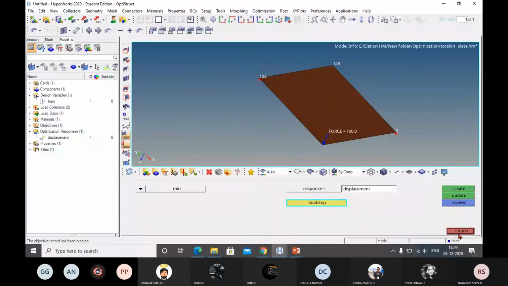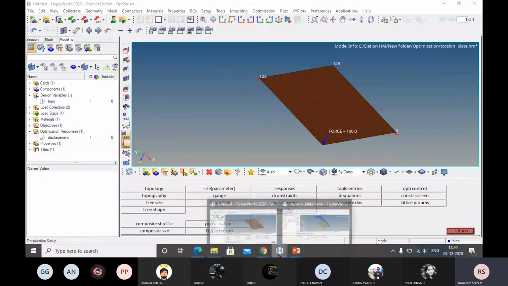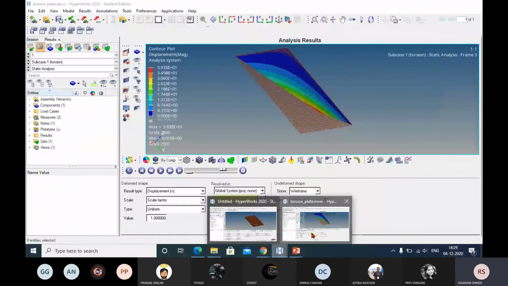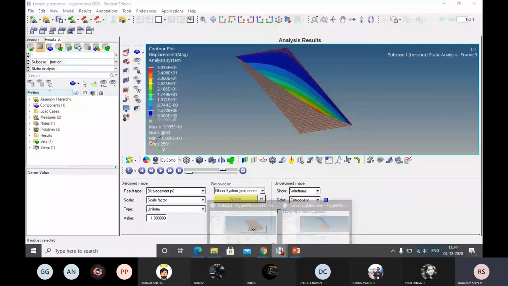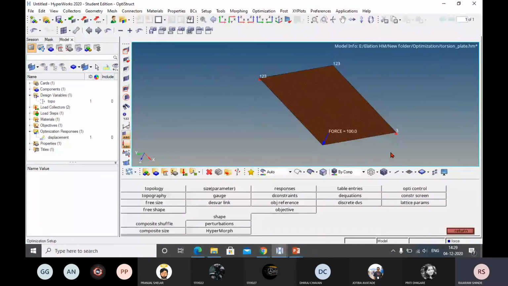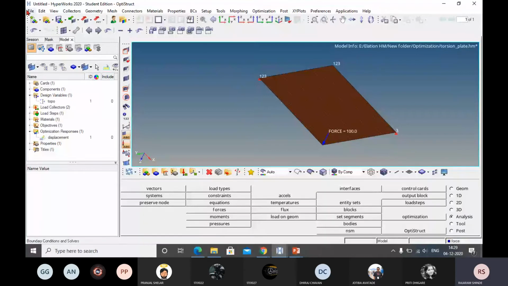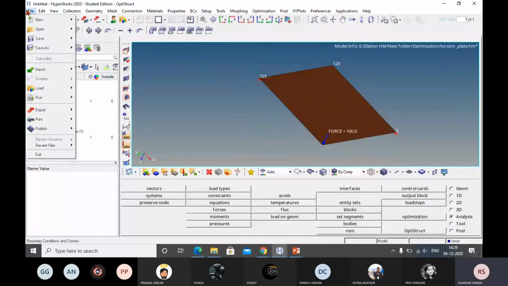Now we have created the objective. This solution is the baseline solution. Now this is after optimization, and if you have a problem after optimization, then you have to go for changing some parameters again. That means we should make it manufacturable. Now I will return from here. Now I will save it, save as model.